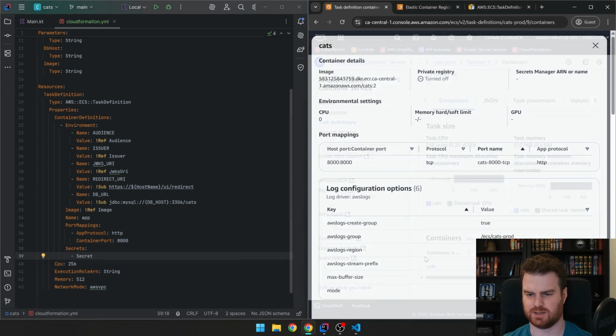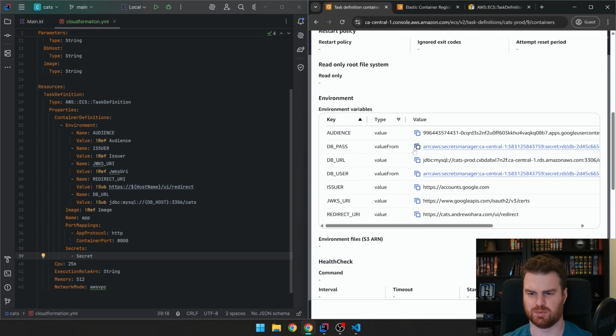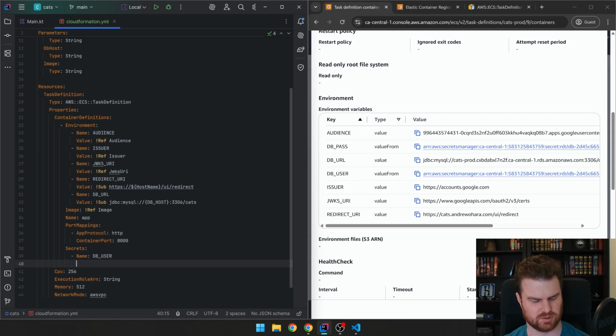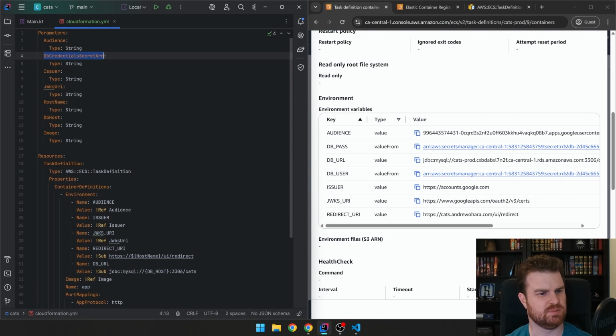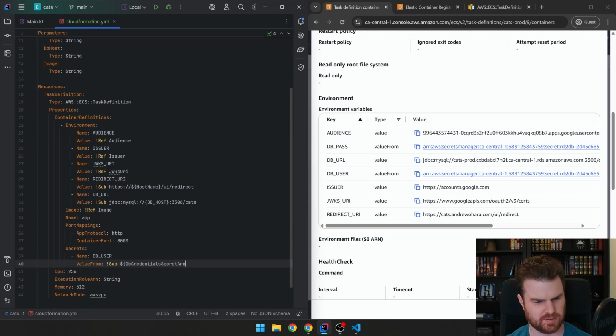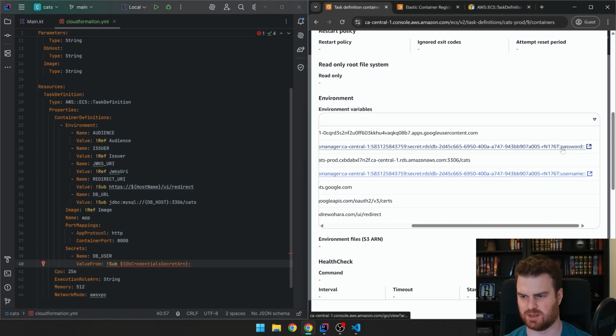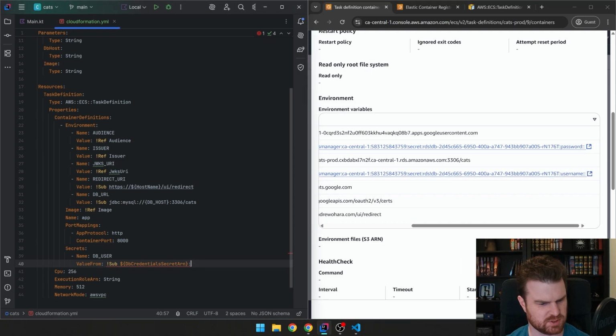Okay, secrets, we do need those. If we go back here, we were getting secrets for the DB user and DB pass. So the name DB user is not a value, it is a value from. And here we're going to use another substitution where we take the DB credentials secret ARN, and then just like before, where we add a suffix to get the password and username, this one's going to be username :